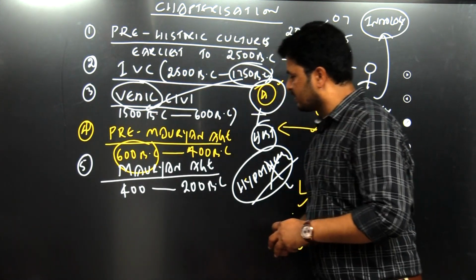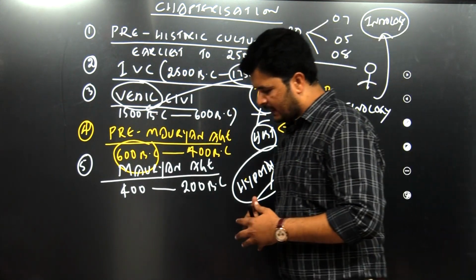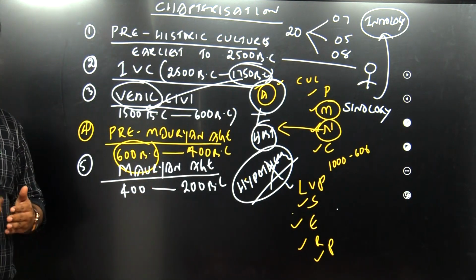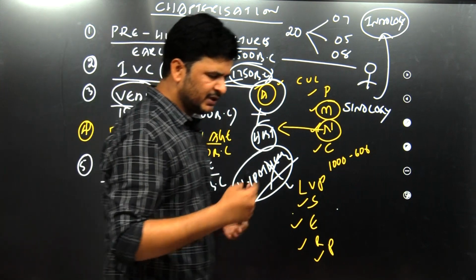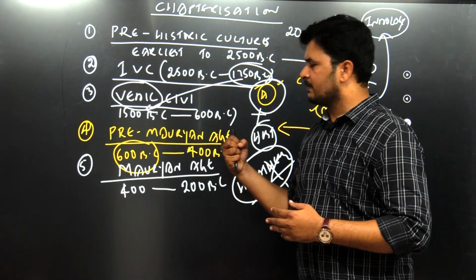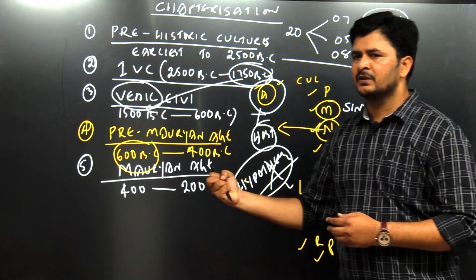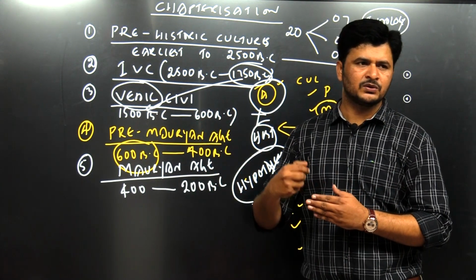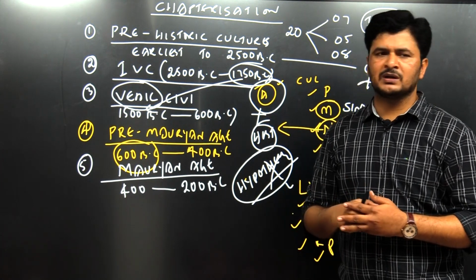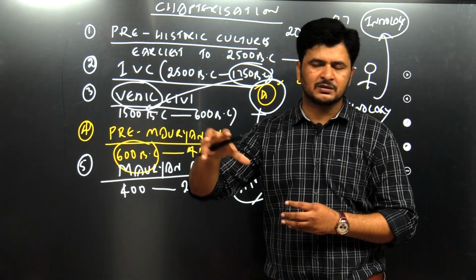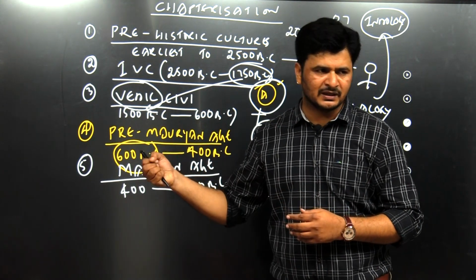So Mauryan age, 400 BC to 200 BC, one of the important chapters of ancient Indian history. Under the tag called Mauryan age, we are going to learn very brief political history, that is Chandragupta Maurya, followed by Bindusara, followed by his son Mauryan Ashoka. Obviously, we are going to spend a little bit of time on Mauryan Ashoka, and on the circumstances in which the gentleman captured the territories, that is the Battle of Kalinga,